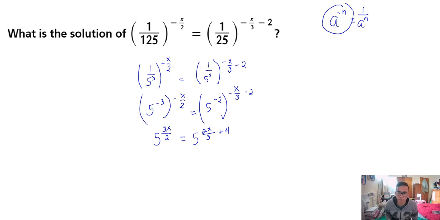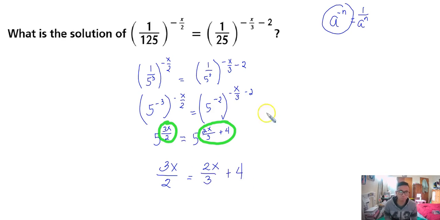Then again, because they have the same base now, I'm going to bring this down. I'm going to rewrite the exponent as an equation and we're going to solve. So I have 3x over 2 equals 2x over 3 plus 4. I'm going to multiply both sides by the LCD of 2 and 3, which is 6. So 6 times 3, which is 18, divided by 2 is 9x, is equal to 6 times 2 is 12, divided by 3, it's 4x